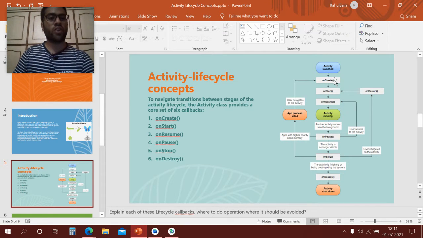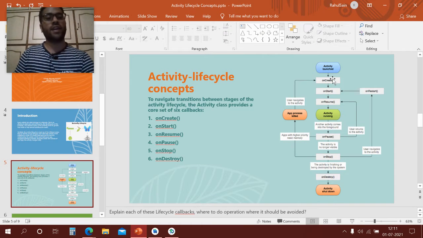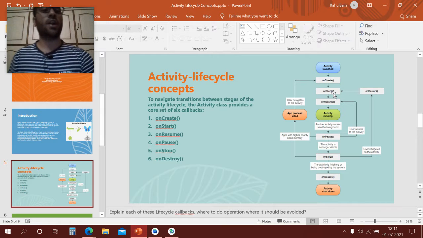So what the onCreate method does is it initializes the activity, and we should perform one-time operations that are required, like initializing variables that we have made, in this method only. After that, we have the onStart method.